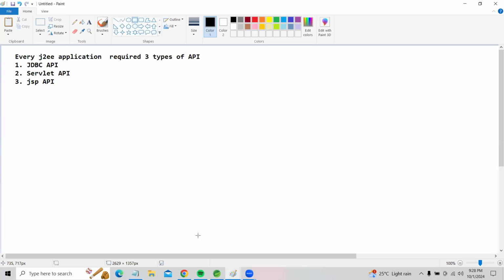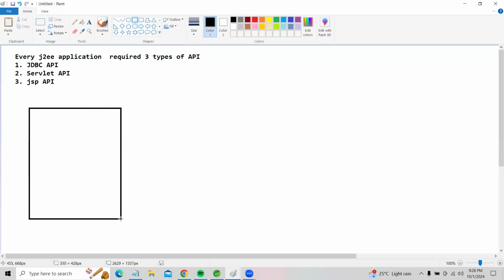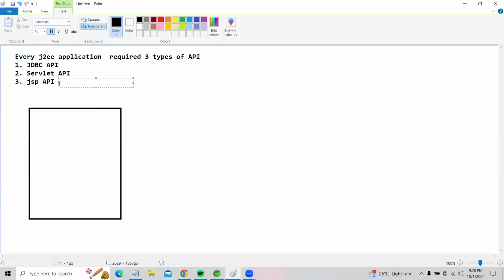When you develop your web-based application with these 3 APIs, they are nothing but 3 types of layers. Now I'm talking about the JSP API. The main purpose of the JSP API is to prepare our presentation layer, which we can simply call the UI layer.